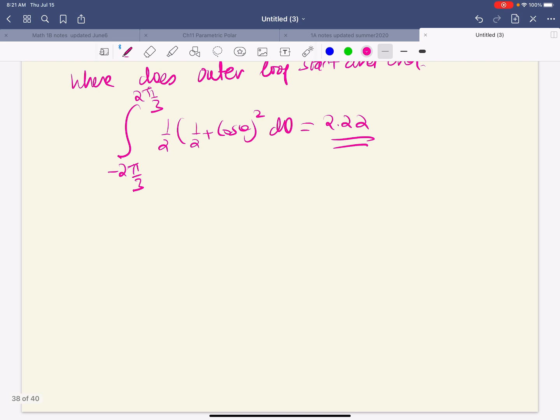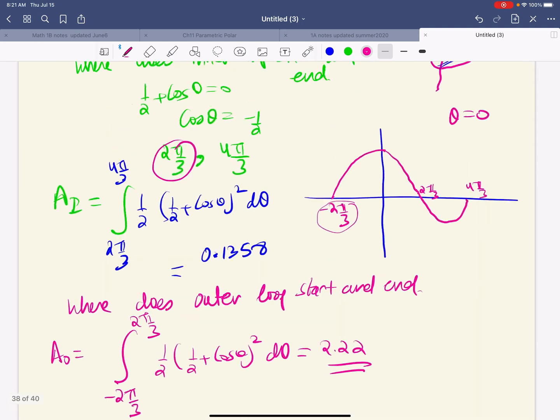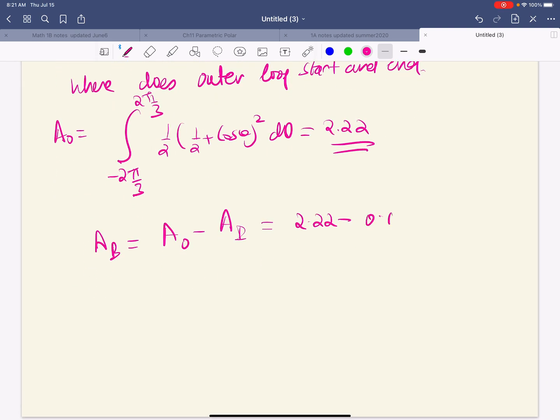So the area between the loops, I always represent it as the area of the outer loop minus the area of the inner loop. The outer loop area, we just found, is 2.22. And the inner loop area, we found, was 0.1358. So 2.22 minus 0.1358 is 2.084. So that's the area in